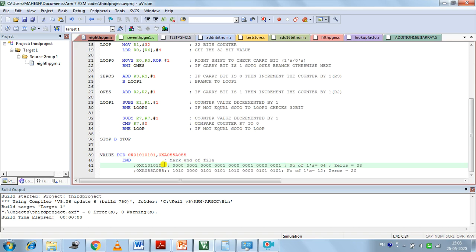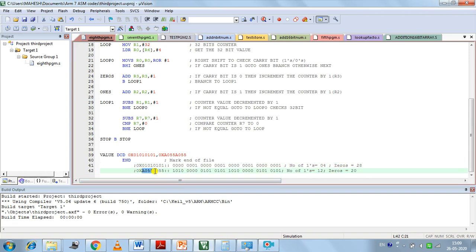Each digit represents a 4-bit binary number, and there are 8 digits in total, so the total is a 32-bit number. If you count the number of ones here, it is 4, and the remaining are zeros, so that is 28. So the total is a 32-bit number.